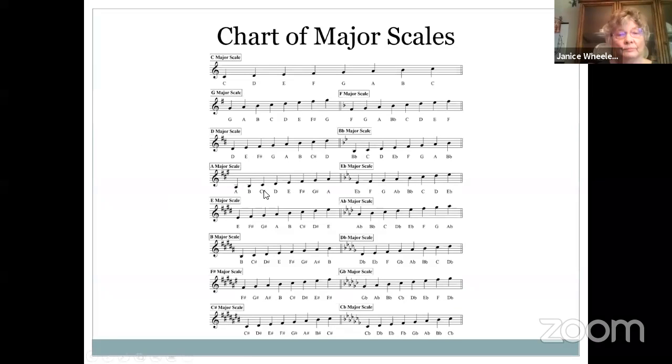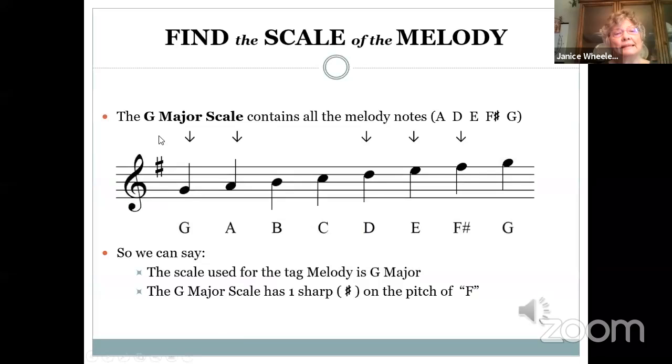So we're looking for something that contains G, A, D, E, F sharp, and G. And wow, the G major scale just happens to do that. So that's the scale that includes all of our melody notes. And there you can see that the G major scale does indeed include all of those melody notes. So we're all set. We can say the scale that's used for the tag melody is G major,